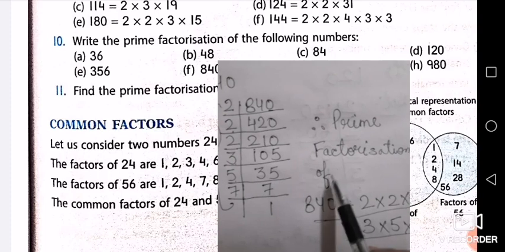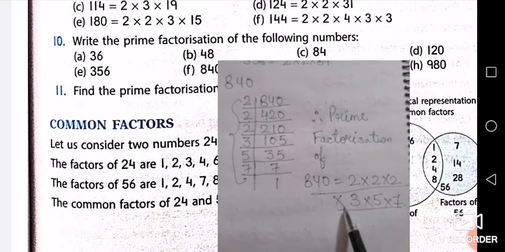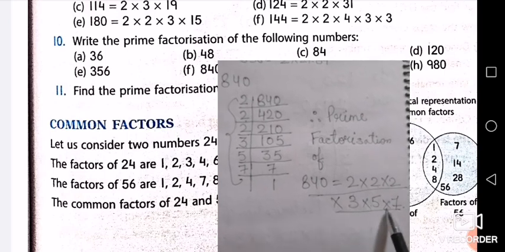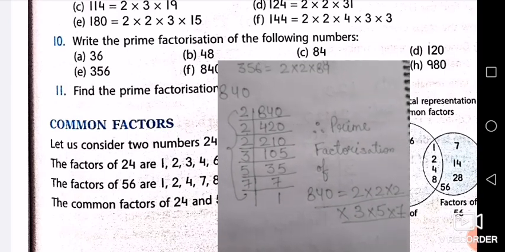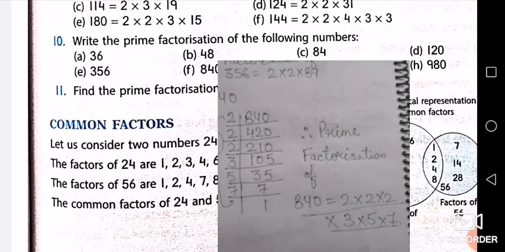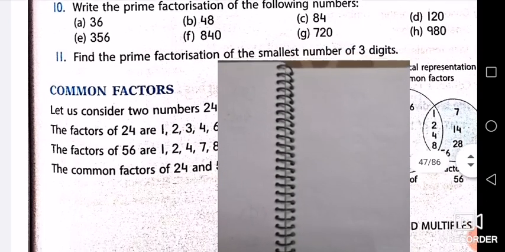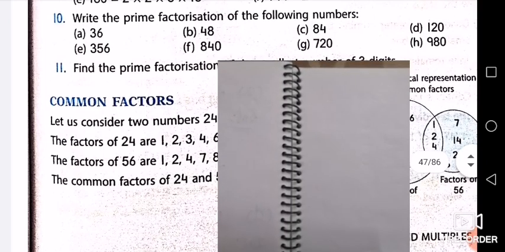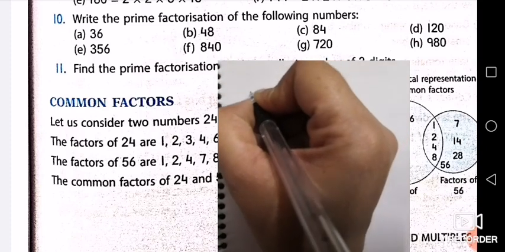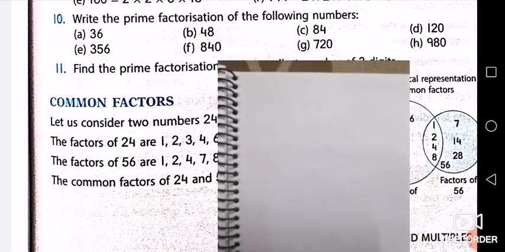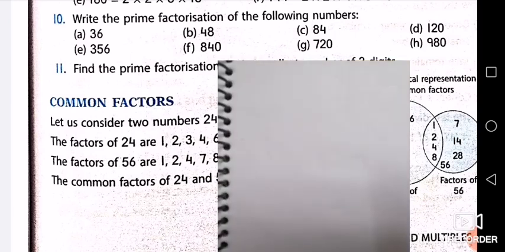Therefore, prime factorization of 840 will be 2 multiply by 2 multiply by 2 multiply by 3 multiply by 5 multiply by 7, which is a bit bigger number than you have done earlier, but it is quite simple. If you remember the divisibility rule, you can do these questions very easily. Now the next is 720 and 980. So now G and H,